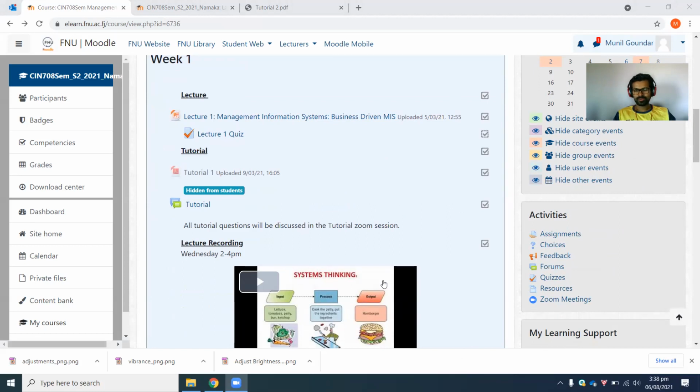Just in case you come up with any questions or queries later on, feel free to drop me a message on Moodle or an email. I'll be most happy to correspond. But do give me some time to respond, because at the moment my emails and Moodle messages are flooded with requests all around. I've got one unread at the moment, and many come in on a daily basis. So as soon as you drop an email, give me some time, and I'll definitely correspond. If no questions or queries, this is where we'll knock off the class for today.